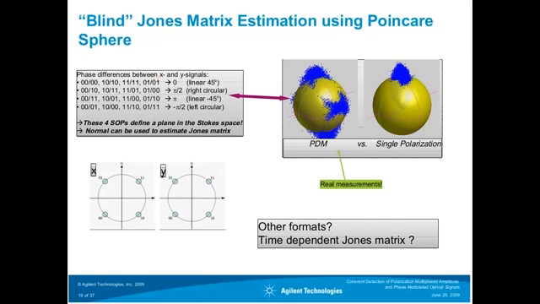Same is of course true if you send out a 1, 1 on X and a 1, 1 on Y. So always if you send the same symbol on X and Y, you have linear 45 degrees polarized light. If you send out different symbols on X and Y, so in this case a 0, 0 on X and a 1, 0 on Y, there's a pi-half phase shift between those 2 polarizations. So this means you have right circular polarized light. That's of course also true if you have a 1, 0 and a 1, 1, or a 1, 1 and a 0, 1. So you have right circular polarized light for all these symbol combinations.